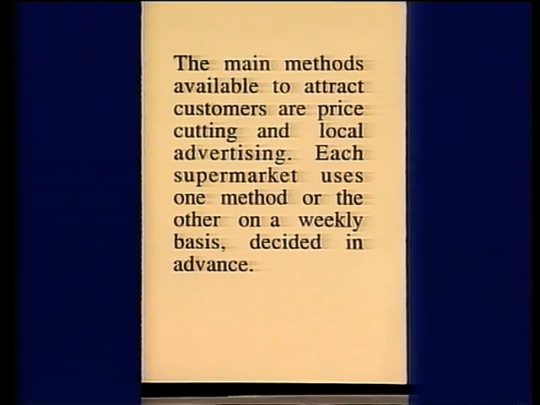Now we have certain information which we can quote. When both the supermarkets use the same method, the profit of Makeway increases by £1,000 at the expense of Fresco. So from Fresco's point of view, their net profit has decreased by £1,000. If, on the other hand, Makeway decides on price cutting and Fresco settles for local advertising, then Makeway loses £3,000, which means a gain to Fresco of £3,000. If Fresco goes for price cutting and Makeway goes for advertising, Fresco gains £2,000. We have to decide on the best strategy for each supermarket.